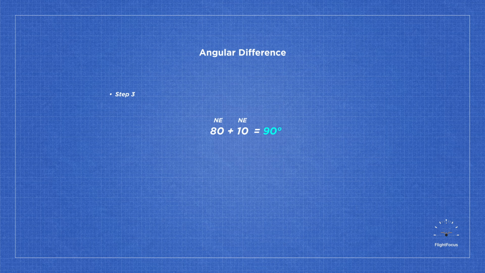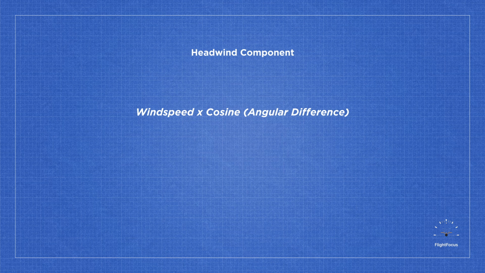From experience, you'll be able to tell that's a crosswind. But let's continue. To calculate the headwind component, you'll simply multiply the wind speed by the cosine of the angular difference. In our case, that would be 10 knots times cosine 90, or 0, which results in a headwind of 0